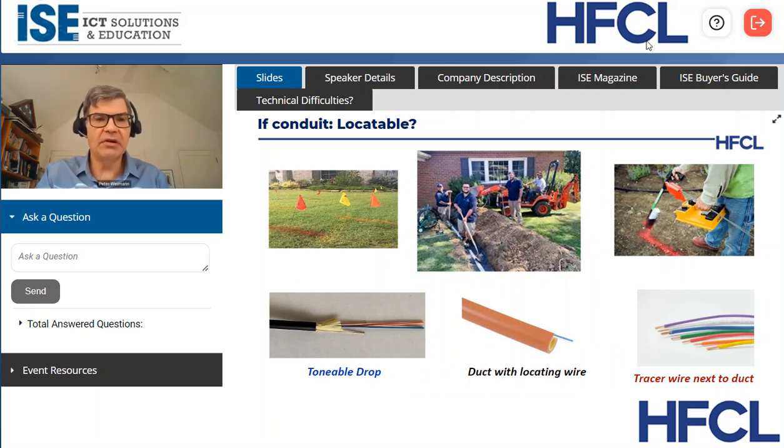The third right-of-way to consider is, are you going to put conduit in? Again, if you're putting it in, you want to be able to find it so that when the guys come in to put in the new water line, they don't cut your cable and trigger a truck roll. There's 3 different ways that you can find your conduit. One is you can put in plain plastic conduit and then put a tone wire with your drop cable. Another thing that you can do is use a duct with a locating wire where the copper is embedded in